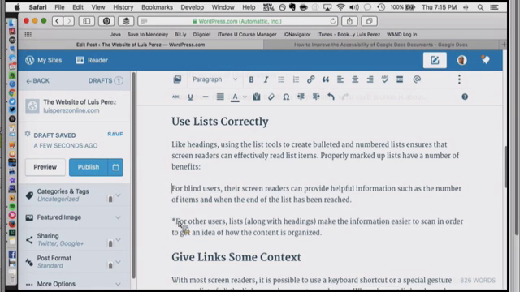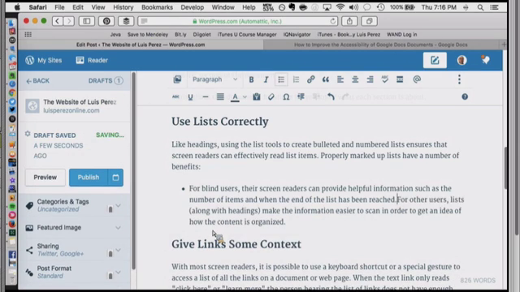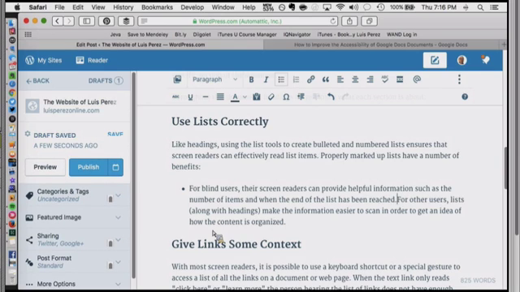First thing is I'm going to get rid of these visual indicators here. I'm going to select the text on the first item here. And then again, in just about every authoring program, you will find an option in the toolbar where you can create either a bulleted list or a numbered list. So I'm going to make this a bulleted list. You notice now that it's been indented, and so that makes it easier to find on the page. And then I will do the same thing for the second one. Basically all I have to do here is bring it up a little bit, press enter, and the authoring tool usually will format it correctly for me.